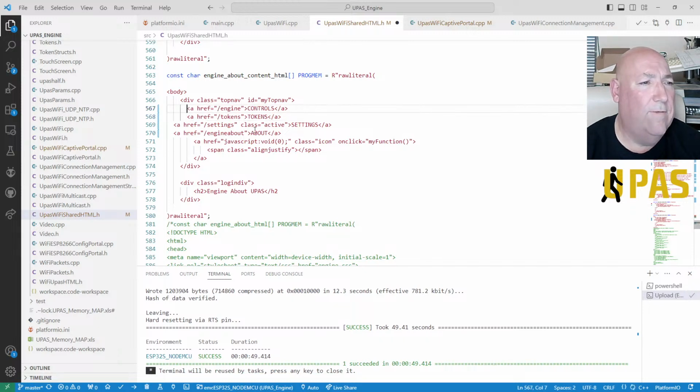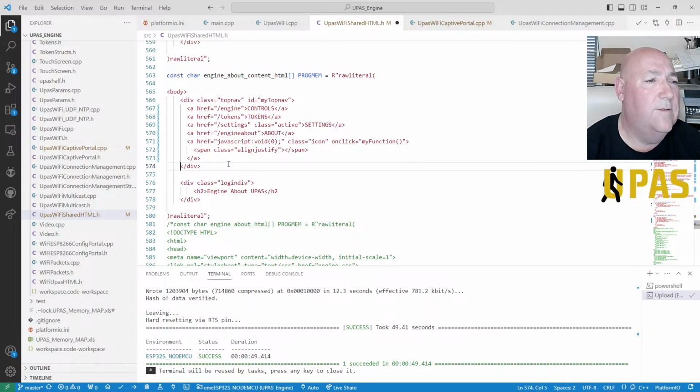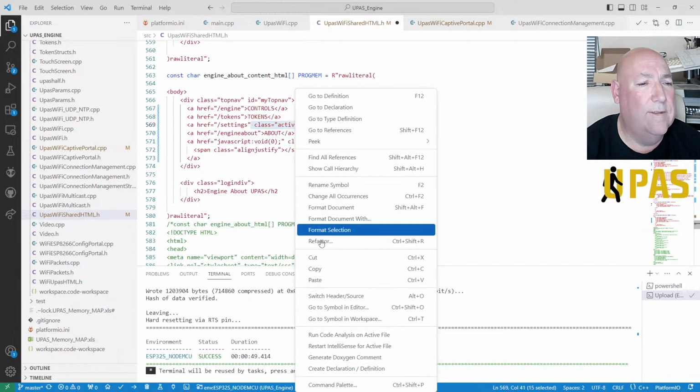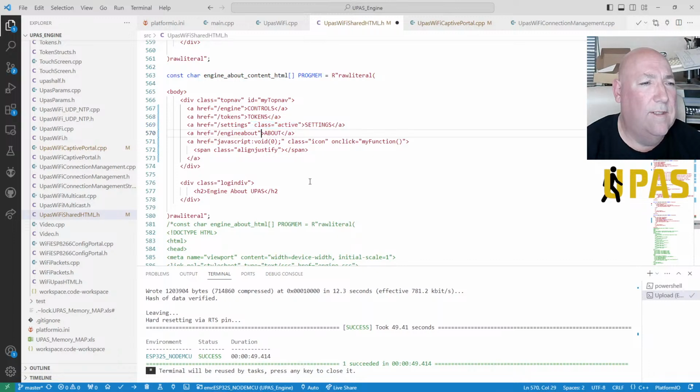Don't know why we lost our formatting there. Right, seems to be a bit of a mess here with these formatting. Right, that's okay. So we're in engine about, so we need to make engine about the active class. I don't know why we want an engine about yet, but anyway, it's nice to have it there, I suppose. So that's our active class.